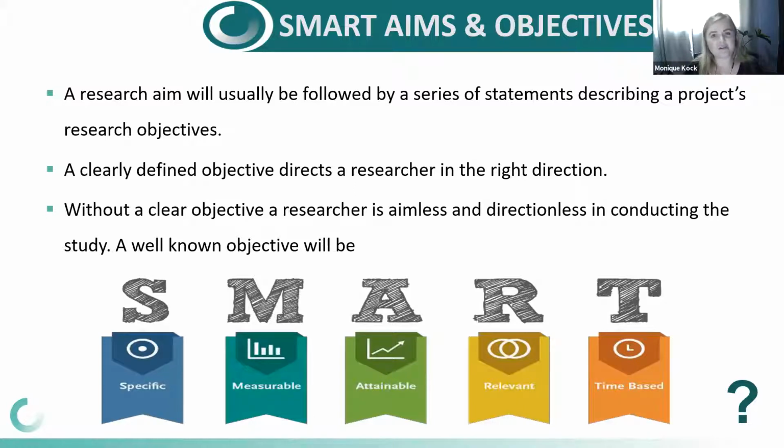So if you're not sure how to address your aims and objectives, be smart about it. And when I say be smart about it, use these acronyms to see what are the specifics within your study. What are the specific aims and objectives? If you have identified these, you would need to look at whether it's measurable. How would you be able to measure this? If I am able to measure this, in what way can we measure this? So for instance, if our aim is to see what our perceptions are within the COVID pandemic, that would be a specific. How would it be measurable?